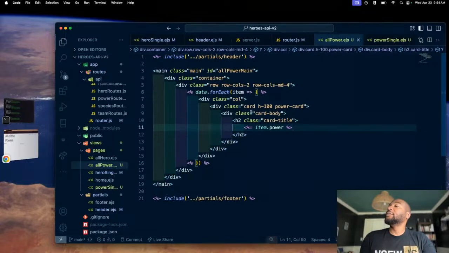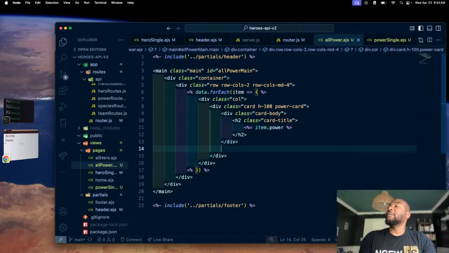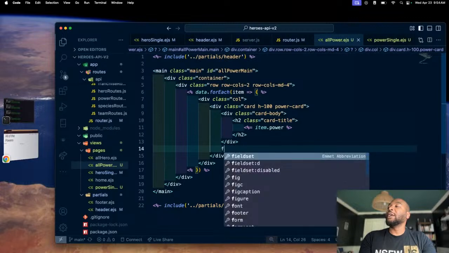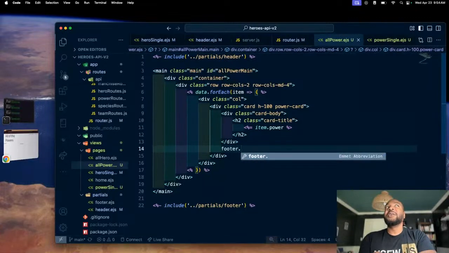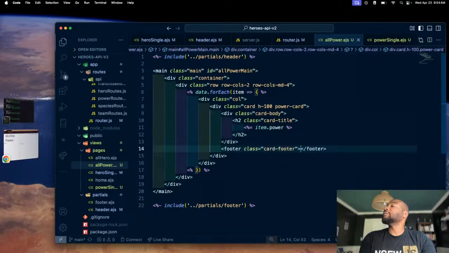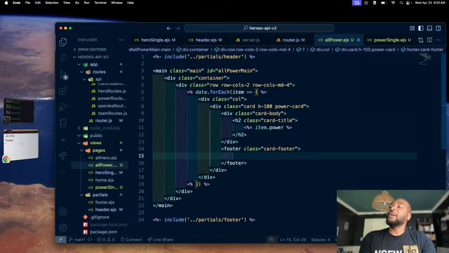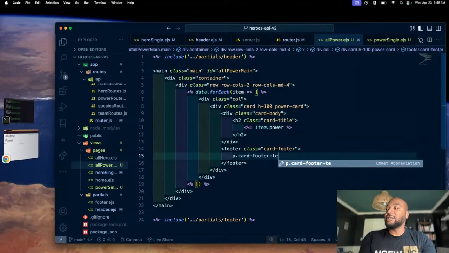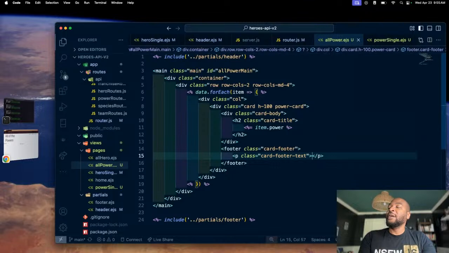And then underneath the card body, I'm going to do a card footer. I normally like to do HTML5 semantics when I do card headers and footers. So I'll do a footer.card-footer. And here I'm going to make a p tag. I'll say card-footer-text. And here I'll say